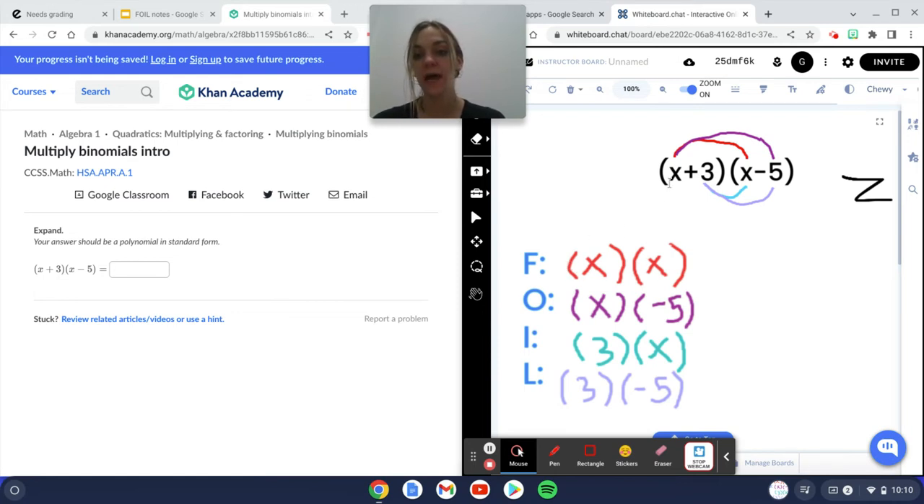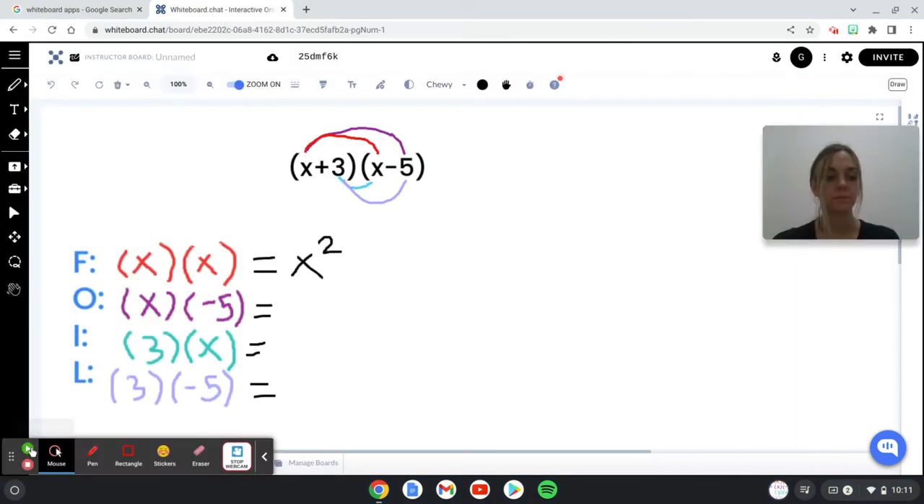So I have x times x because that's my first term in each of the binomials. So that's going to give me x squared. Okay, so x times x gives me x squared. O stands for outside, so I'm taking the outside, which is x, and then -5 and multiplying them, which is